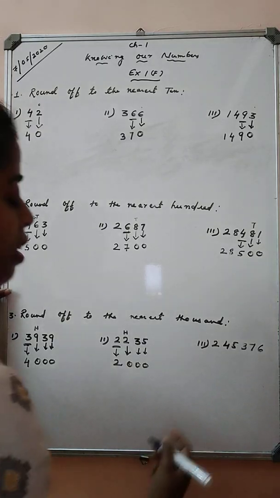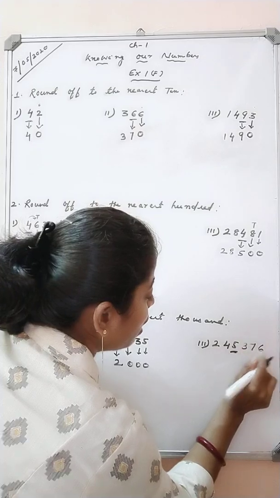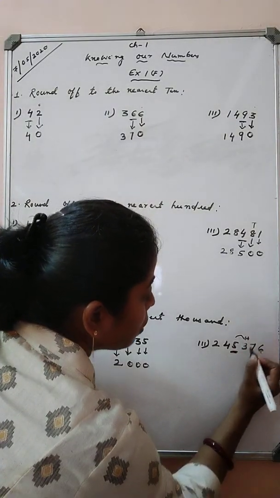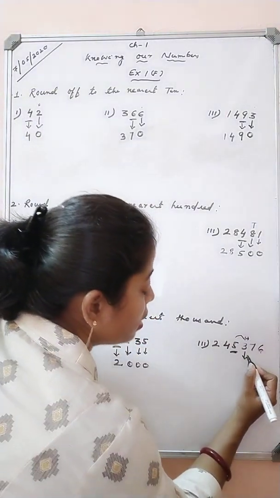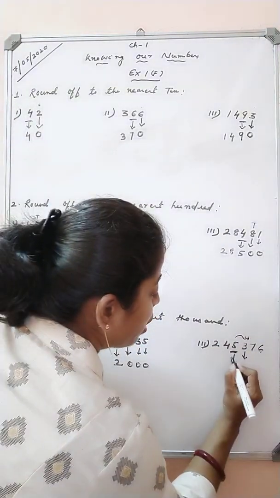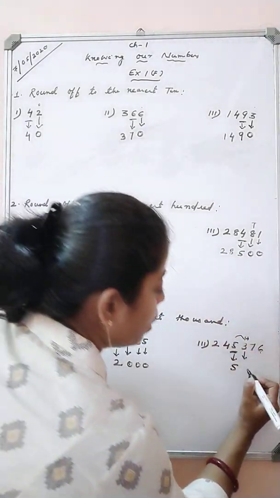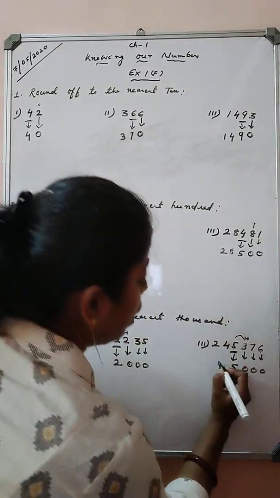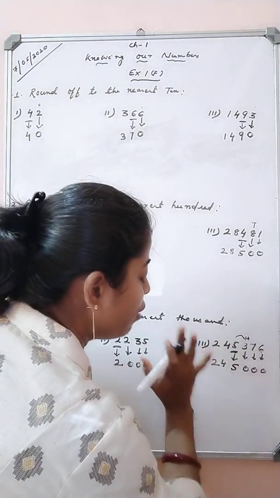Okay. Now last question. Ones, tens, 100 and 1000. So this is our rounding place. Let us see the digit at 100 place. It is 3. So what will you do, students? This is less than 5. So we will round down. No need to change. 5 will remain 5 only. And this 0, 0 and 0. And this 4 and 2 will remain as it is. No need to disturb anything.